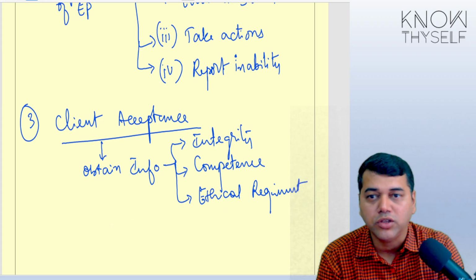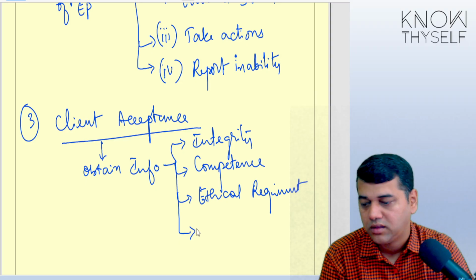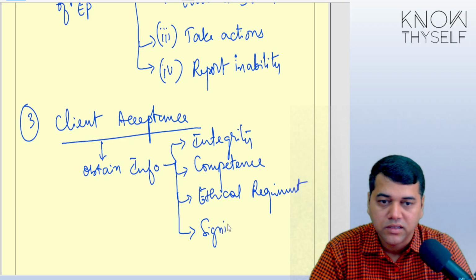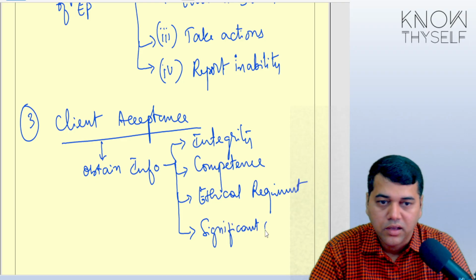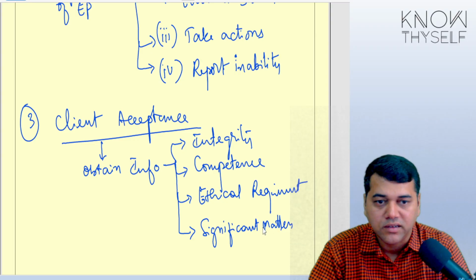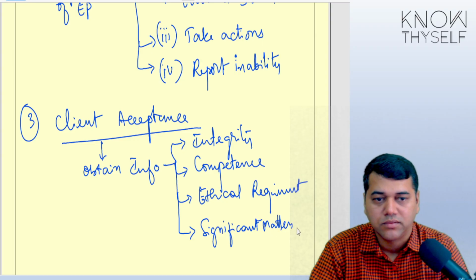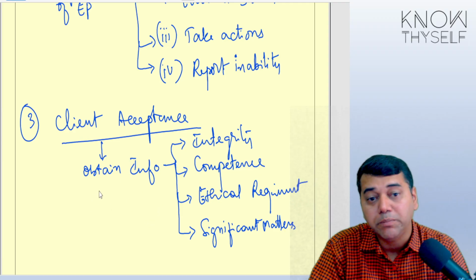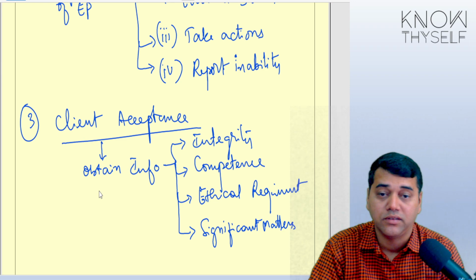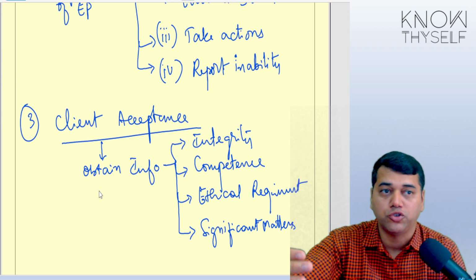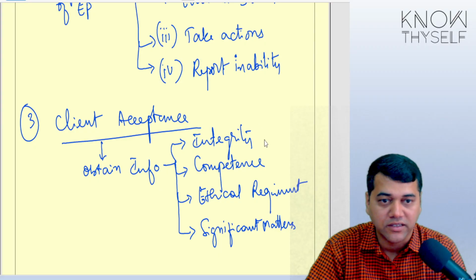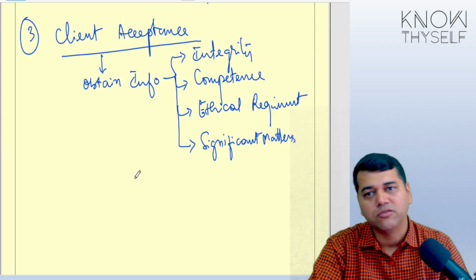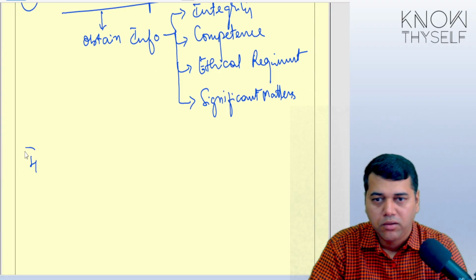Okay, and one more thing, significant matters. Later in audit planning, in the next chapter, friends, we are going to see a term called preliminary engagement activities. Before you start your audit, you are supposed to do some preliminary engagement activity, and there you end up seeing the same 4 points also. So for me, it is not important. Point number 4,